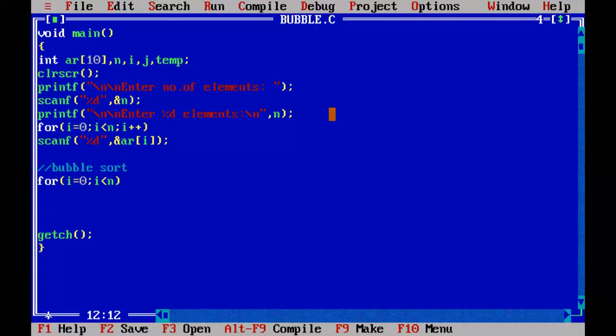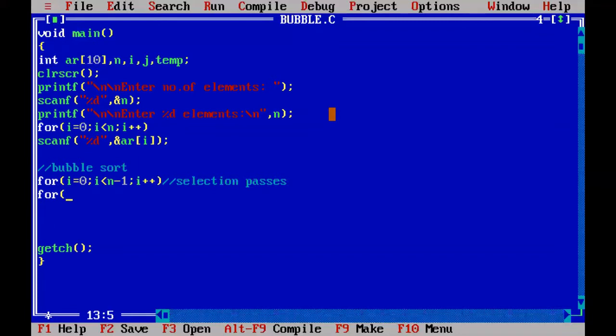So minus 1. That means 4 only. Increment the i variable. This for loop I am writing for selection of passes. Pass 1, pass 2, pass 3. Earlier we have seen what passes are.